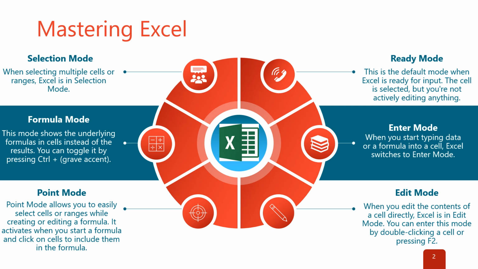Okay, as you can see that Excel is in ready mode at this point. If I press F2, it goes into edit mode. Okay, or if I just press escape, it comes back to ready mode. Then if I press equal to, it goes into enter mode. But once I click the arrow keys, other cells are getting selected and it goes into point mode. So let's say if I